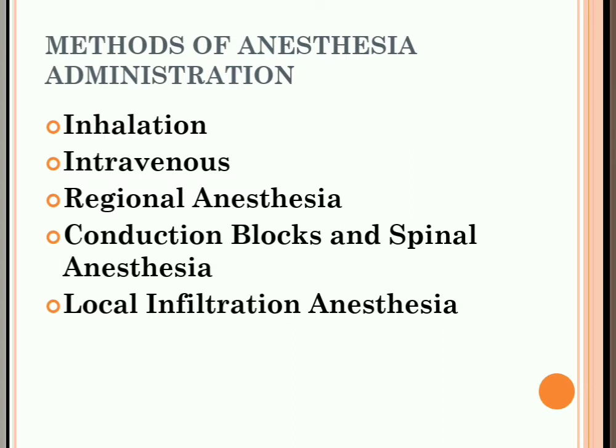Pag sinabi naman nating spinal anesthesia, it provides regions of anesthesia from the abdomen to the toes. So, it is a type of extensive conduction nerve block that is produced when a local anesthetic is introduced into the subarachnoid space at the lumbar level. Usually na ginagamit is your L4 and your L5. So, the spread of your anesthetic agent and the level of your anesthesia will depend on the amount of your fluid injected, the speed with which it is injected, the positioning of the patient after the injection, and the specific